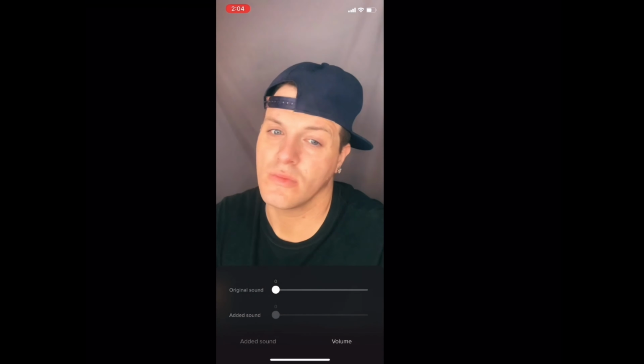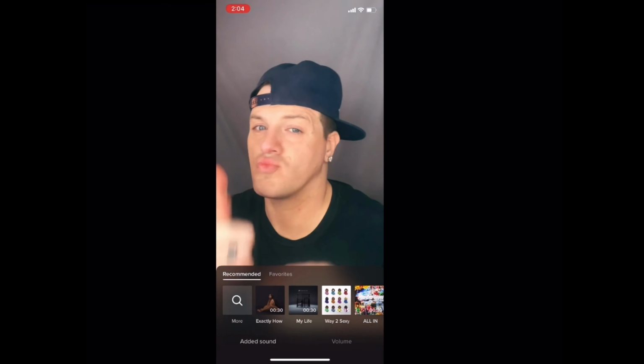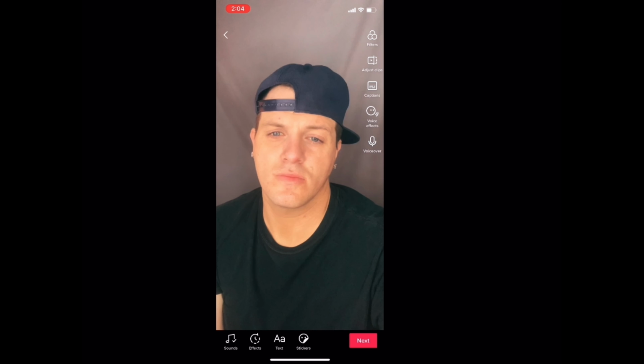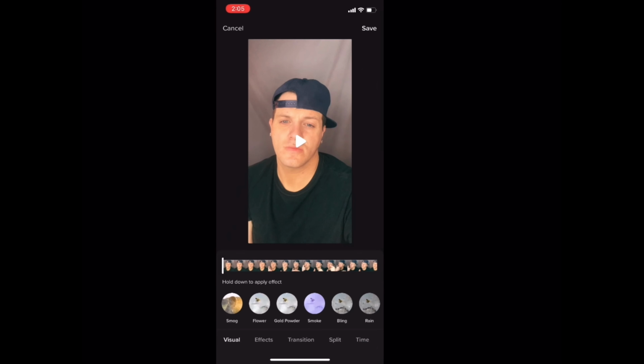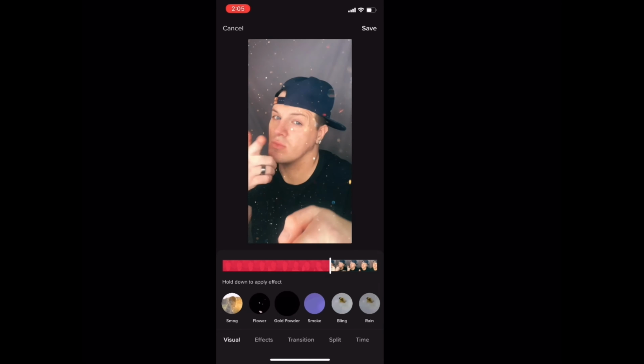So with sounds and effects, you're going to go ahead and click the plus sign at the bottom. Then when we come up here, you can record a video, you can add a sound ahead of time. Now keep in mind, if you add that sound ahead of time, you won't be able to hear yourself. So if you want to add the sound and still be able to hear you, you add the sound after you've recorded. Now I turn the volume all the way down on me because I don't want to hear my background sound. And then I picked a song which quite normally will play over and over and drive me out of my mind,